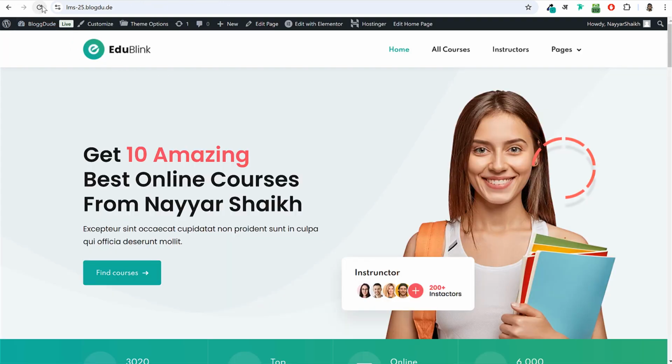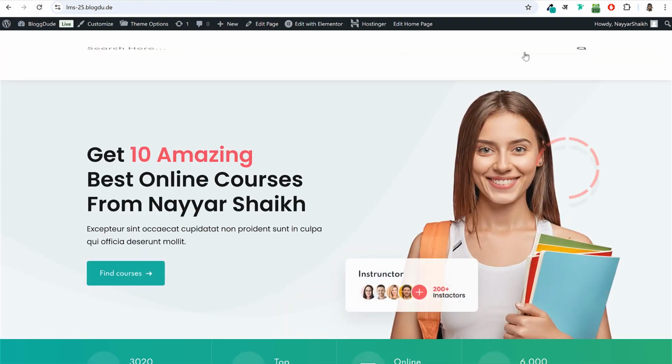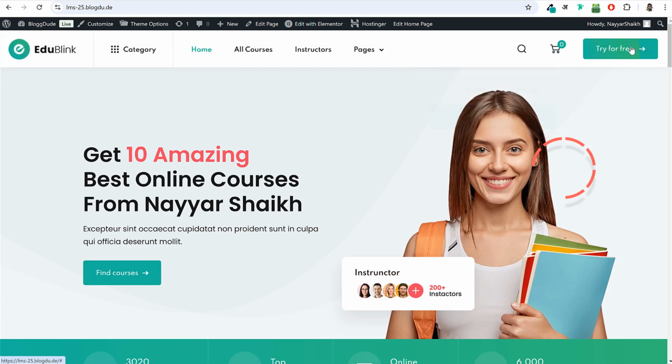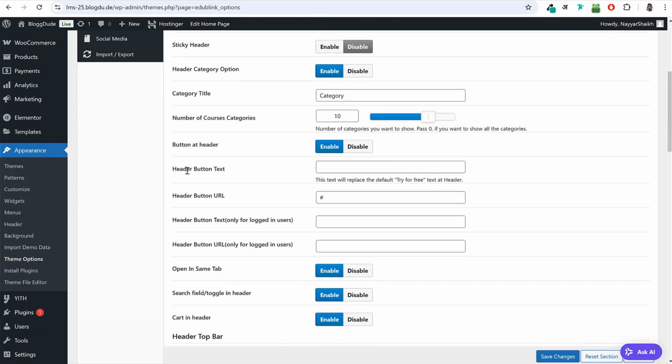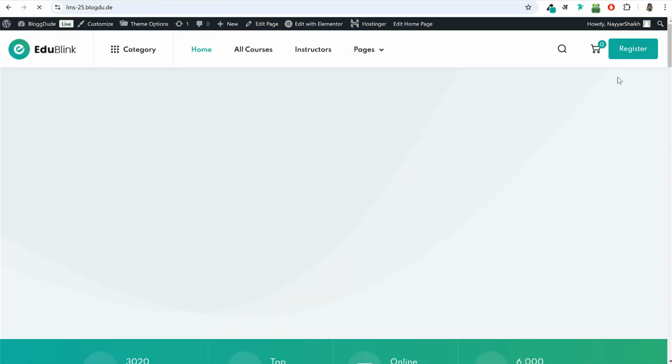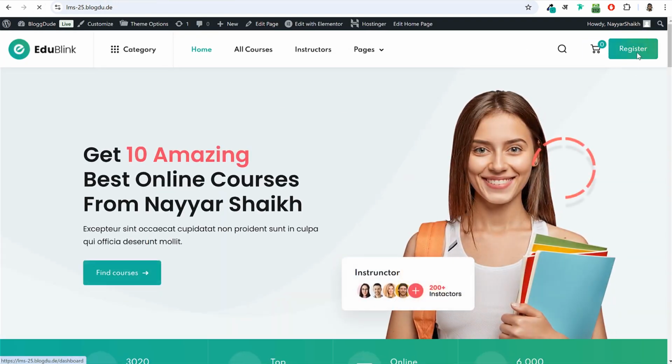Again, if you come back over here, refresh it. Now, as you can see, we have the search, we have the cart icon. We also have this button, try for free. So instead of try for free, if you want to change this thing, for example, header button text, you can type in register, okay, for new user registration, and you can redirect them to your dashboard page, your website link /dashboard. Okay, click on save changes,